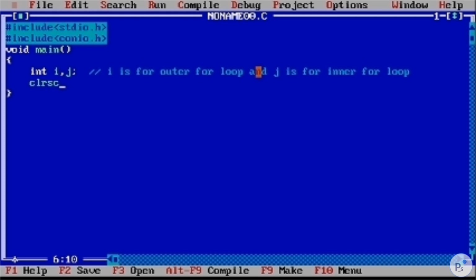And then clrscr to clear the screen, and from here our for loop will start.